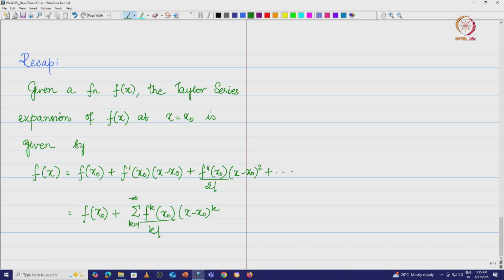Now, recall we also did something interesting out there. We said that the Taylor series expansion for e power x was the following: f of x is equal to e power x. The Taylor series expansion was basically 1 plus x plus x squared by factorial 2 plus x cube by factorial 3, plus etc. and so on. This is what we had, right. 1 plus x plus x squared by factorial 2 plus x cube by factorial 3 and so on.